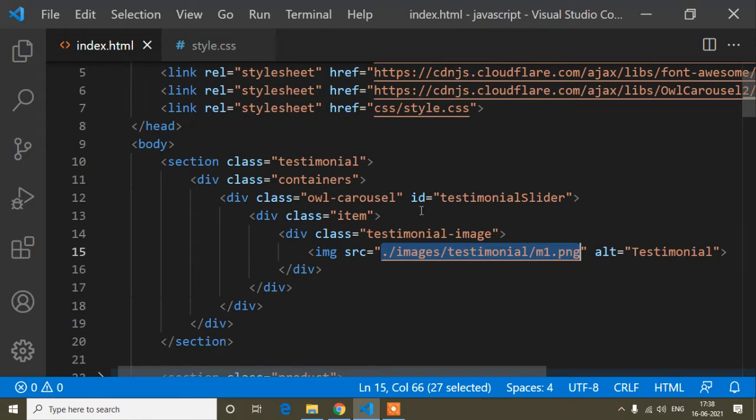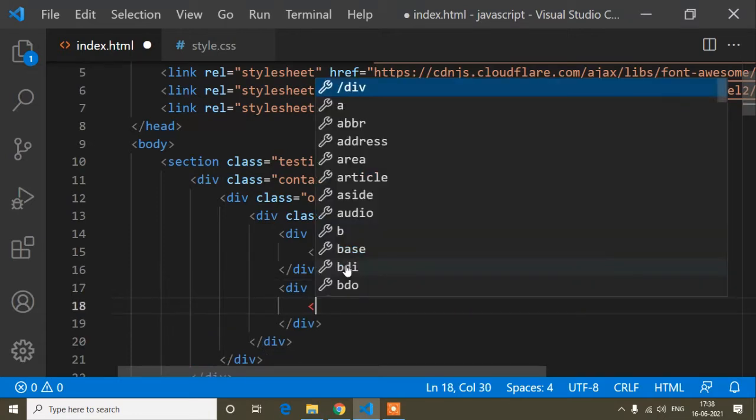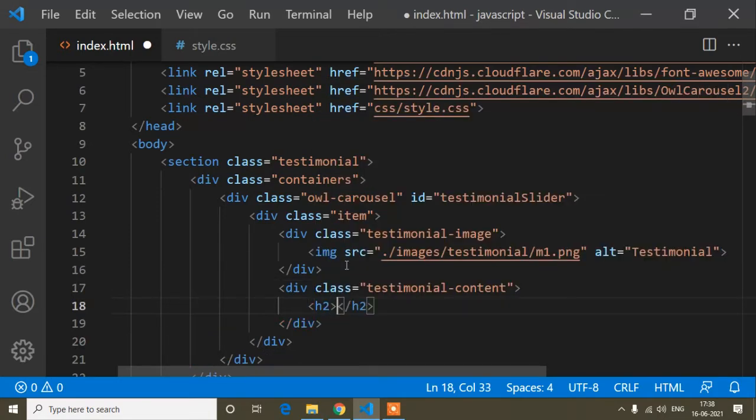So the image is done, and now I will write the content. Testimonial content, this one, and I will write the name of the reviewer, I mean who gave the review. The name is a dummy name, you can write as per your choice.